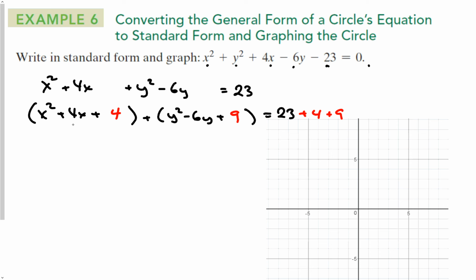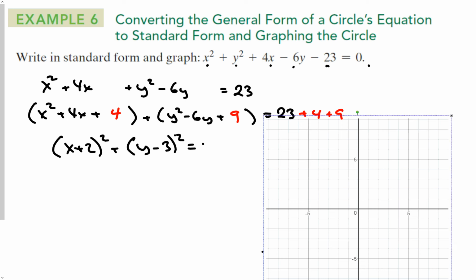Now, this trinomial in the beginning is a perfect square. It happens to be x plus 2 squared plus, and the second trinomial is also a perfect square. That was the point of completing the square, to make it a perfect square, so that way I can factor it. Y minus 3 squared. And that's equal to 23 plus 4 plus 9 is 36. And look how nicely that worked out for us. Okay? Because now